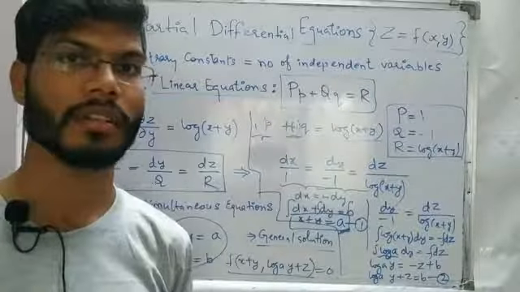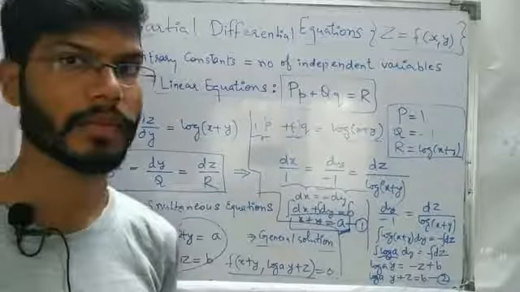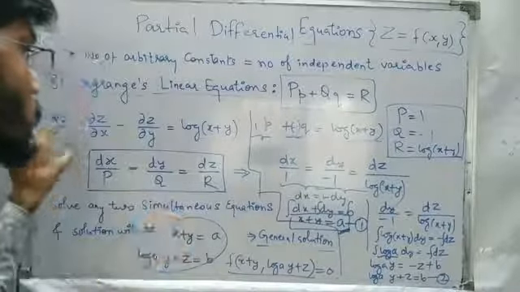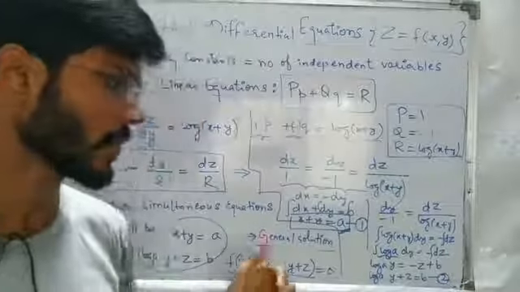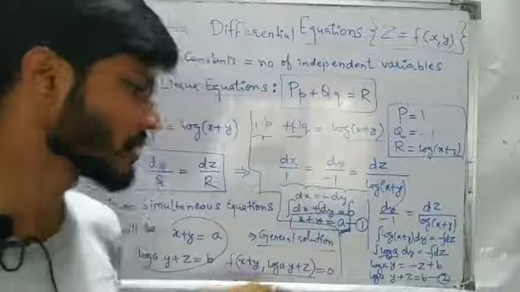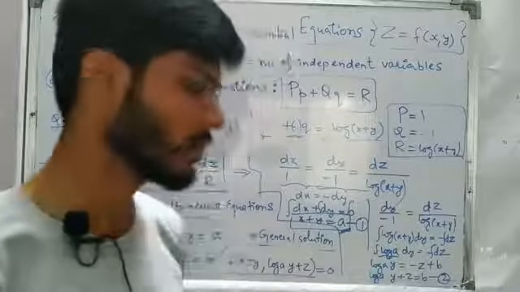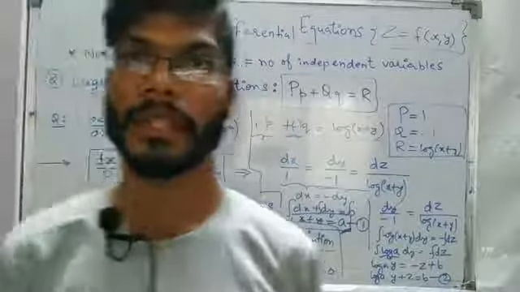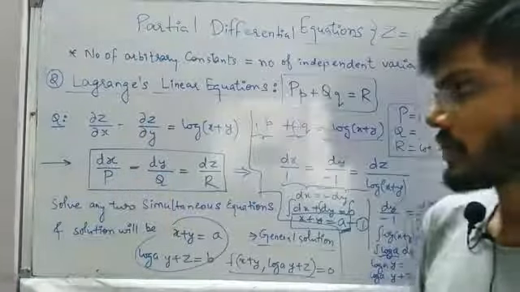In the previous session we were talking about the reverse manner, that if we are given this particular arbitrary function, we'll have to come up with the partial differential equation. To verify yourself and to practice more on that concept, that if we are given the arbitrary function, how we are going to get the partial differential equation, you try solving this particular problem in the reverse manner and try to come up with this particular partial differential equation.